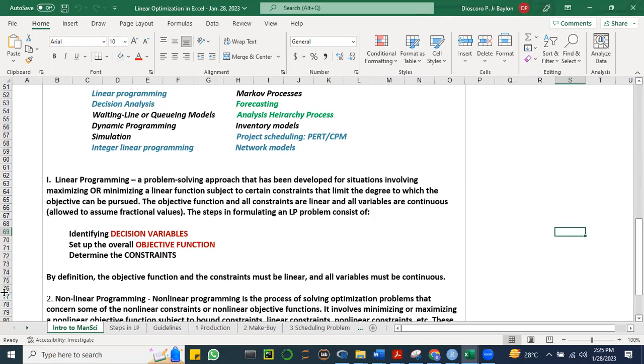And then we have a measure for the objective function. It can be to maximize your contribution margin, to maximize your sales, to maximize your profit, or it can also be to minimize. It can be to minimize the total cost, or whatever type of cost. Okay, or it can be minimizing for an HR problem, for a talent management problem, it can be minimizing the total number of staff that we would need